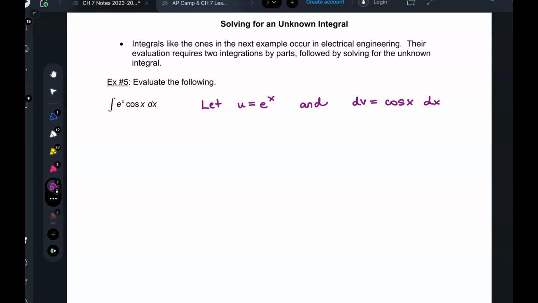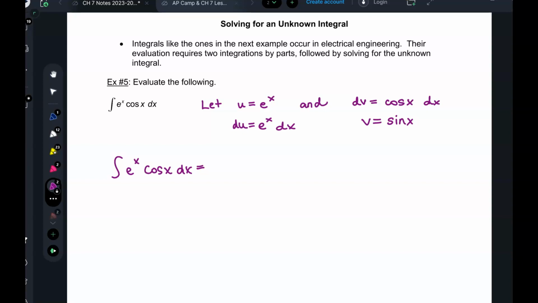All right, let's see what happens. There is a reason there's only one example on this page. It's just gonna keep looping through, with e to the x every time. So du we know is e to the x dx, and v will be sine x. Okay, so the integral of e to the x cosine x dx equals